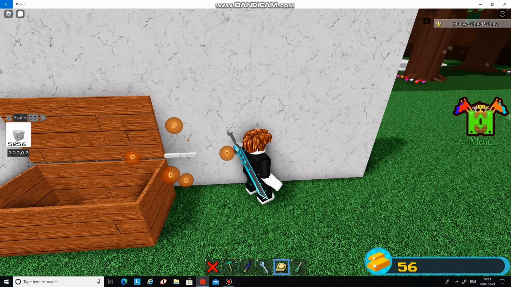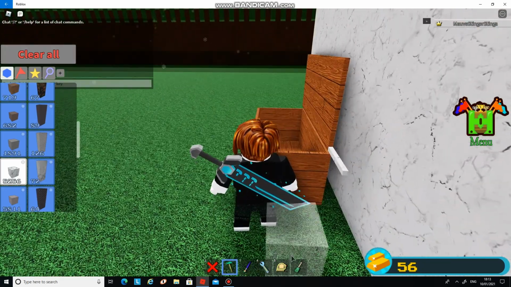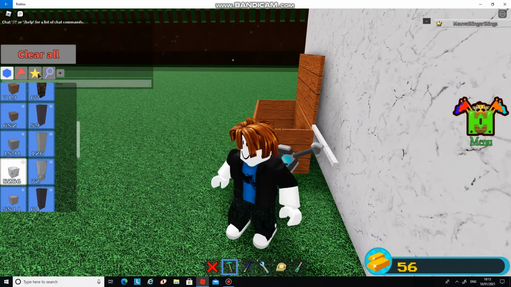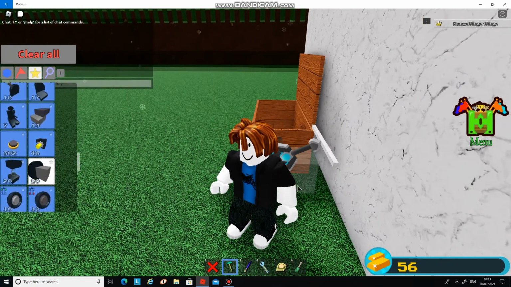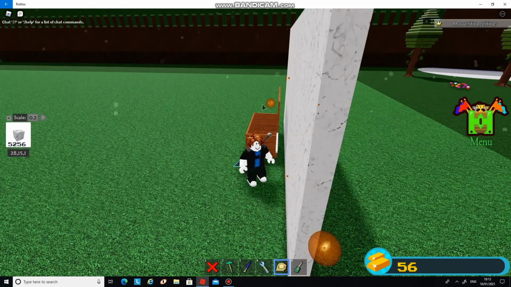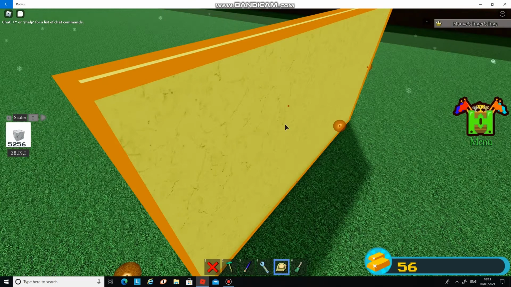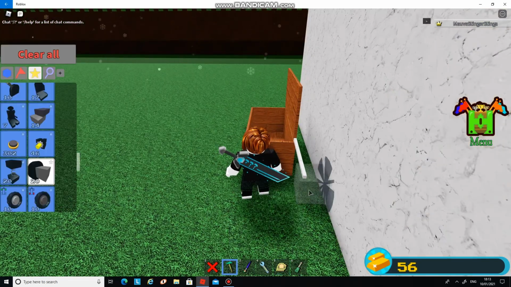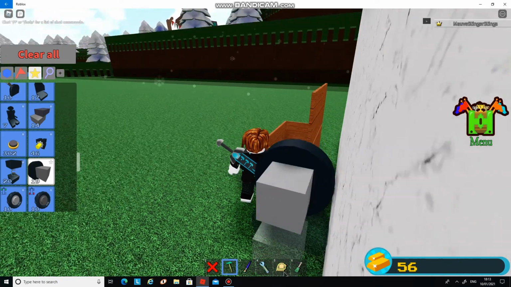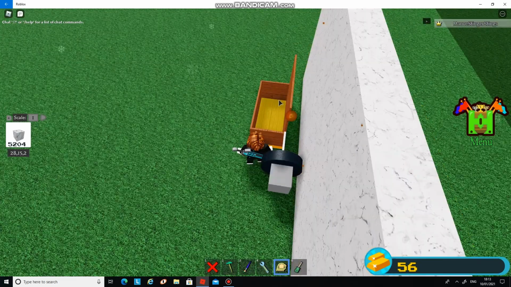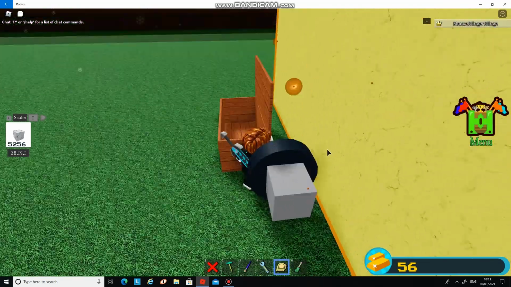And now we have to place a wheel. So if I just scale this a little bit further across. So I have to place a wheel now. And as you see, I need to move the wall back. So if you don't mind me just doing that real quick. Of course you need space for the wheel. So if I just make this a little bit further away. As you see,